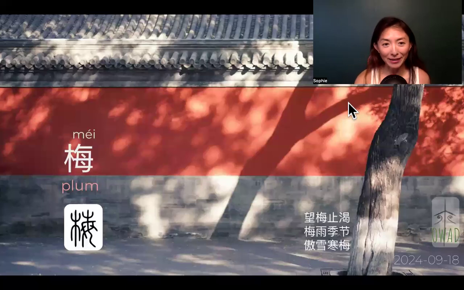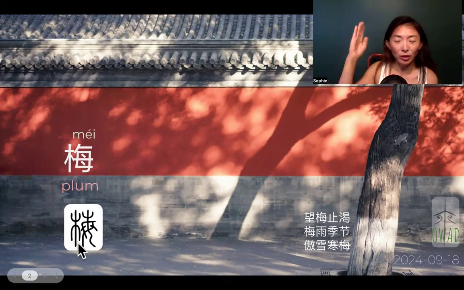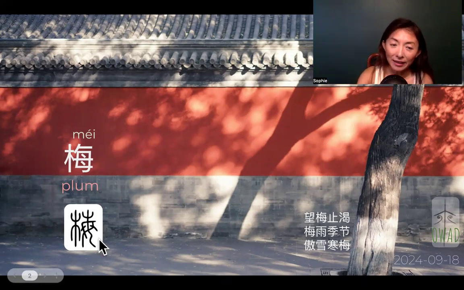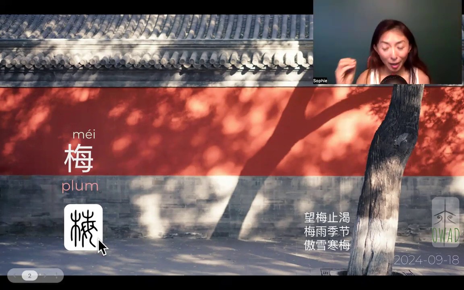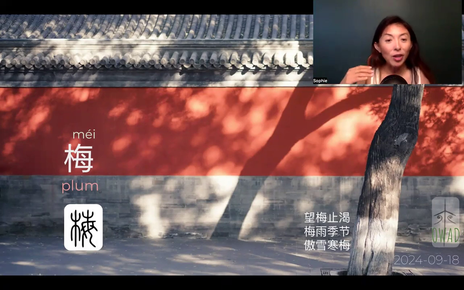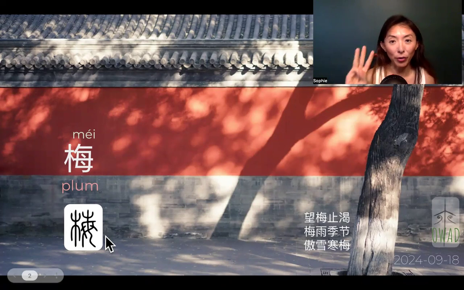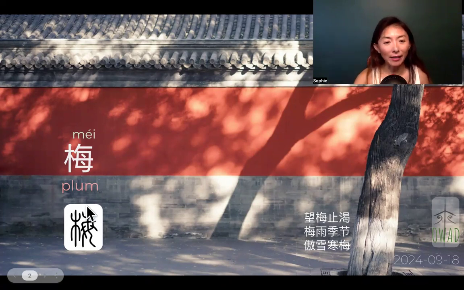Today's plant-based character is 梅, plum. Because it's a type of tree, on the left side we have a tree symbol: canopy, root, trunk. The right side is currently actually the Chinese concept of "each," this "each" expression in English. How come it became "each"? I have no clue. But just by looking at the formation of it, there are three notable things in this